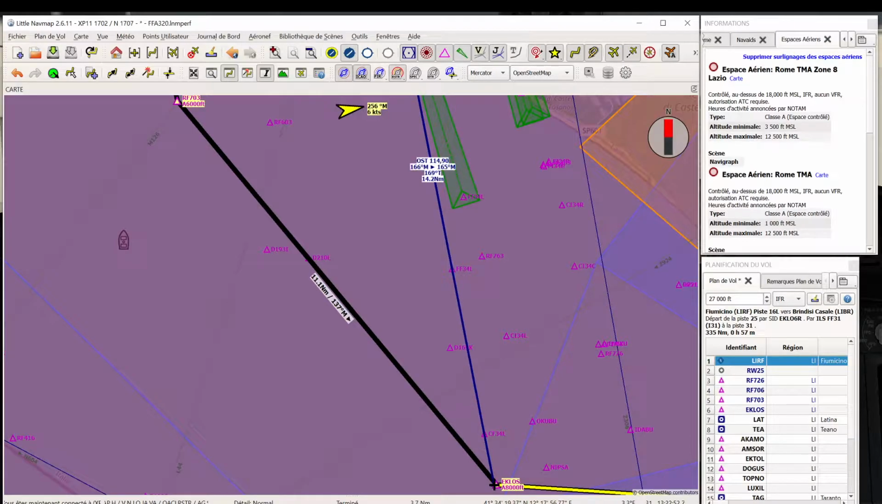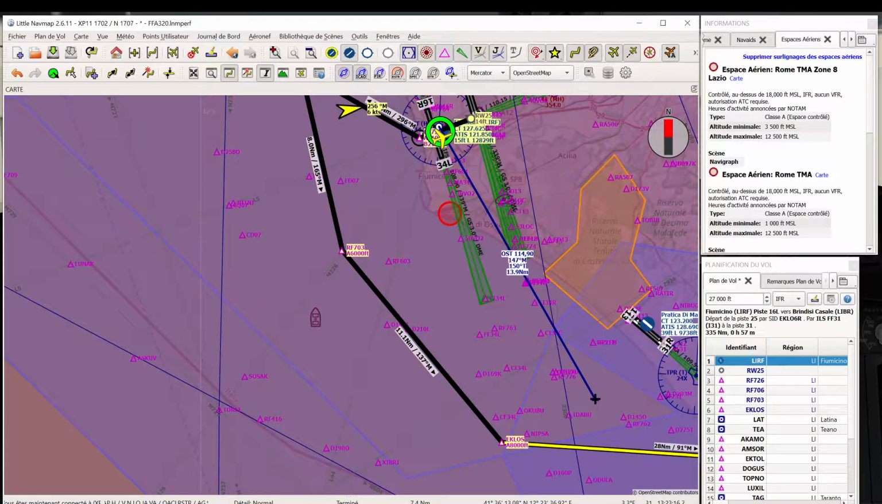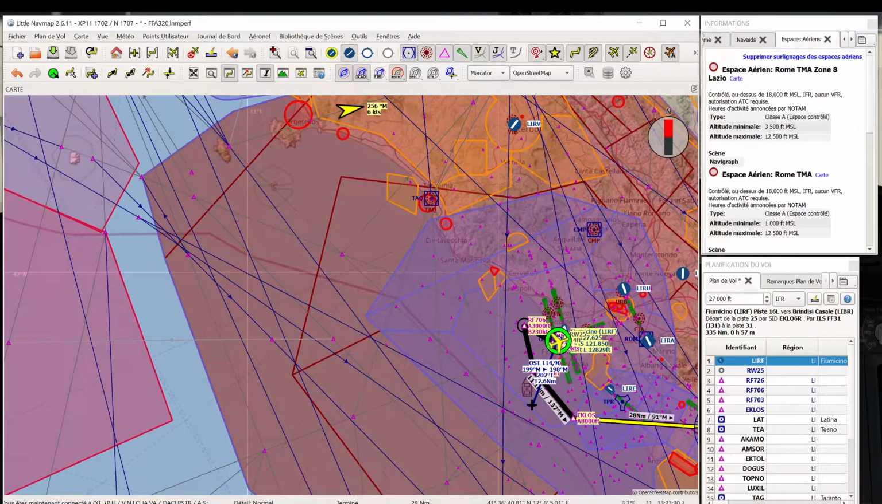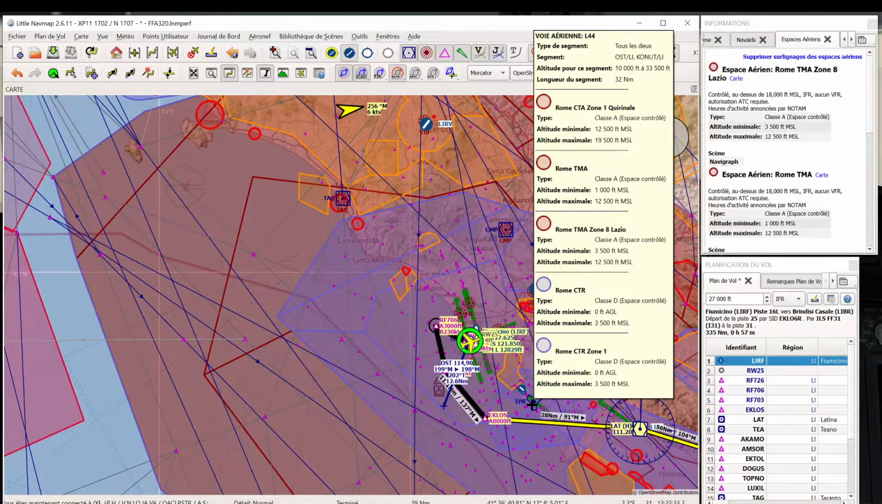And at Eklos, we need to be above 8000 feet. It's on the Ostia 166, 14.2. After Eklos, we continue turning left on 091 towards Latina,